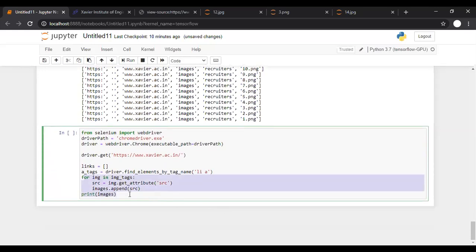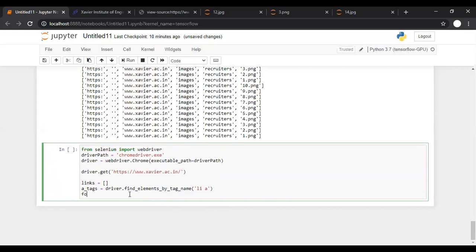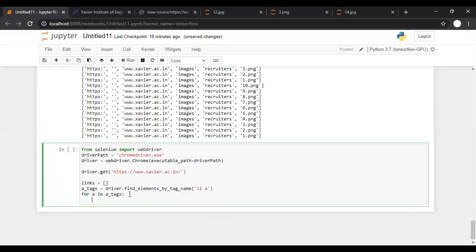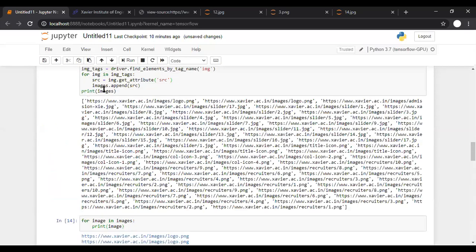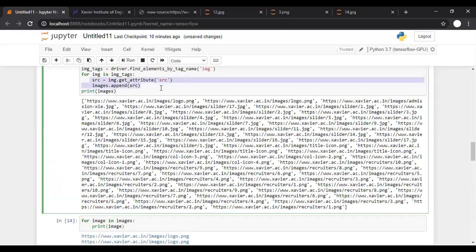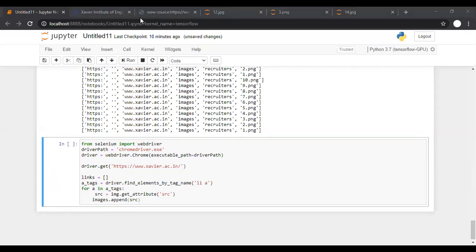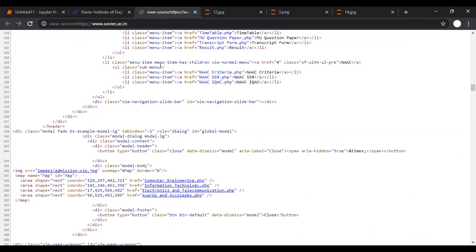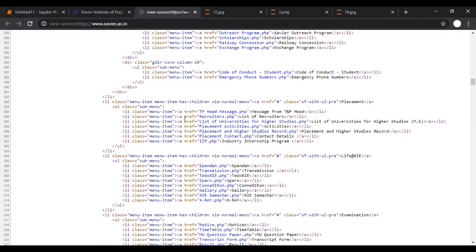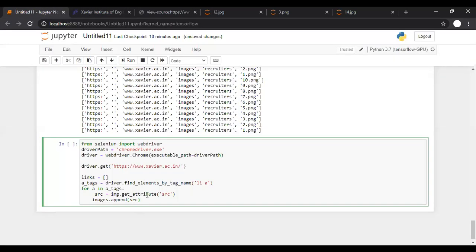So now my for loop will change like this. We can say for a in a_tags, and now a dot get attribute, but which attribute are we interested in? If you go through this a tag, there is an href attribute which contains the path. So href is the attribute that we are interested in.